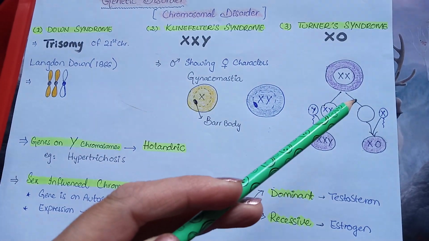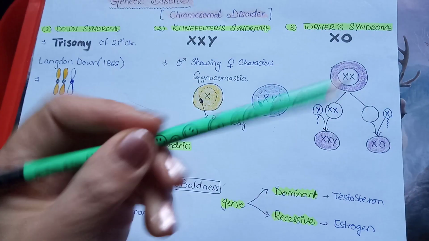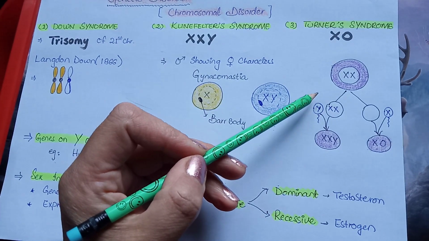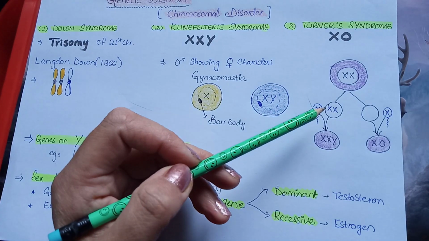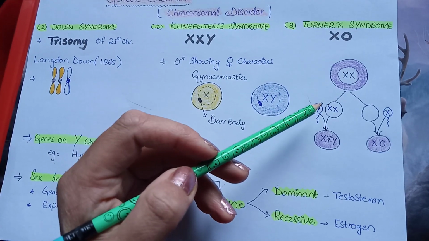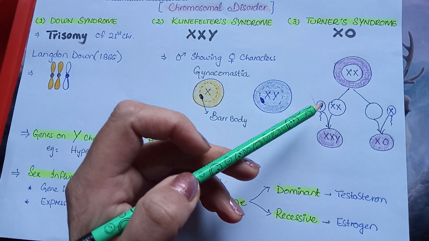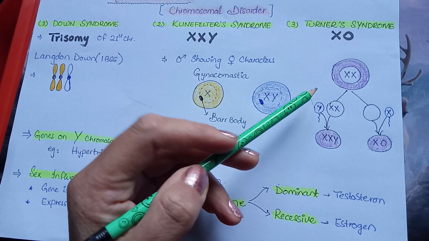The reproductive cycles are not normal, as well as the menstruation is not normal. All the reproductive processes get affected. Secondary sex characters are also not formed normally. So these three are the main disorders to be discussed under chromosomal